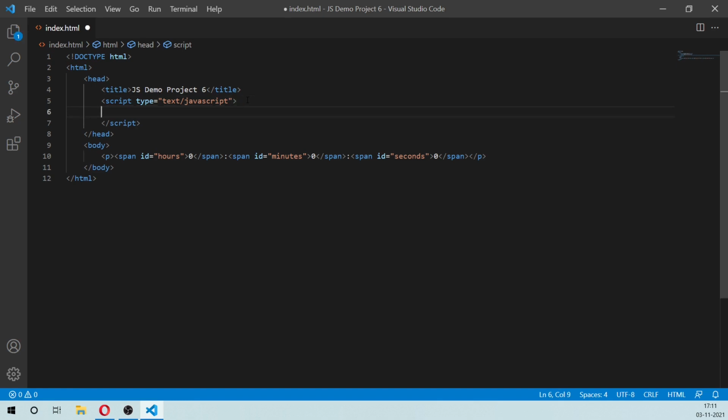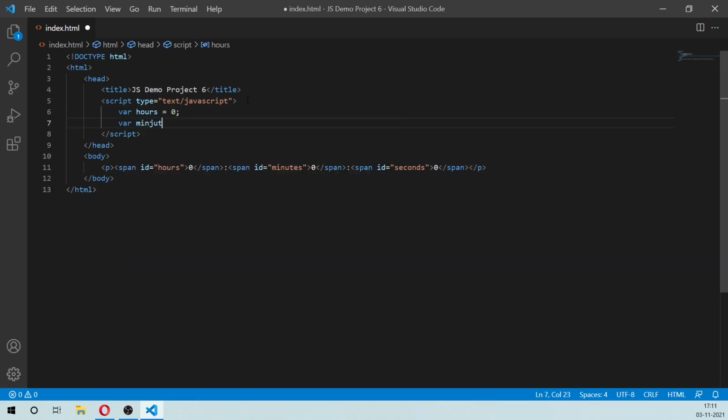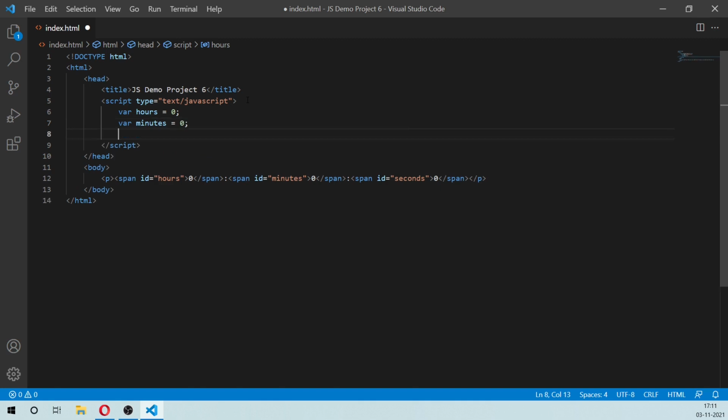And inside of the script tag I'm going to create certain variables to store those values. I'm going to store var hours equals 0, var minutes equals 0, var seconds equals 0.